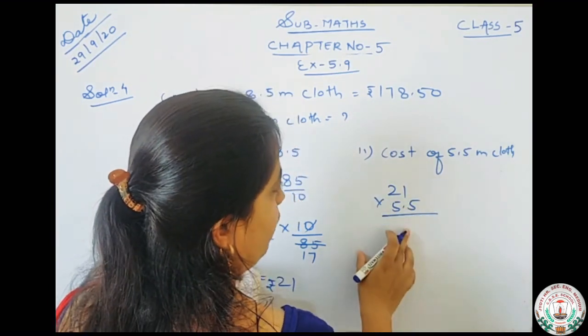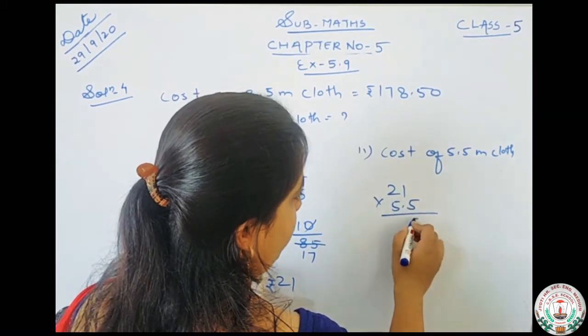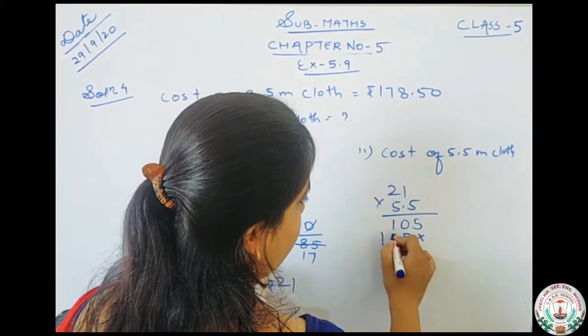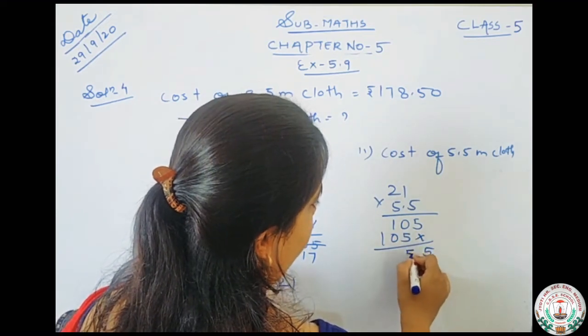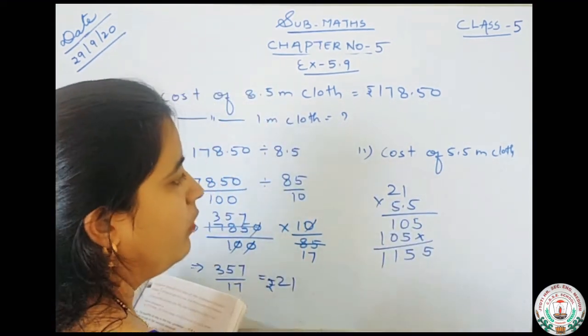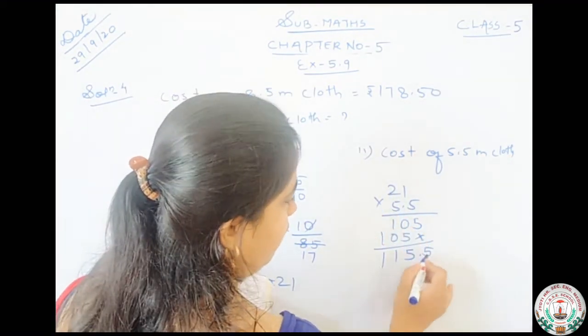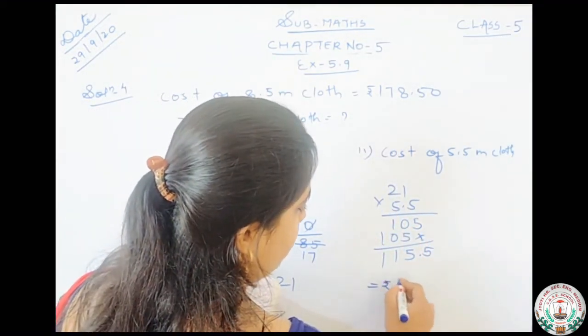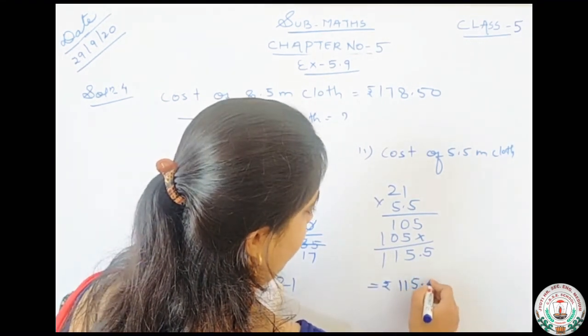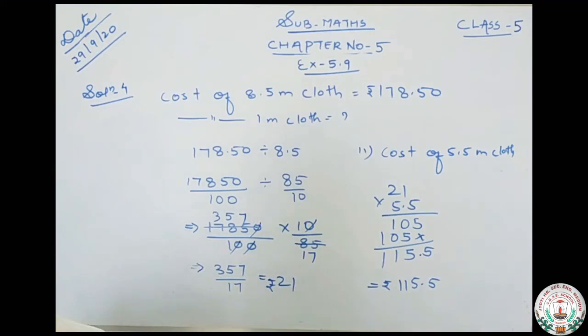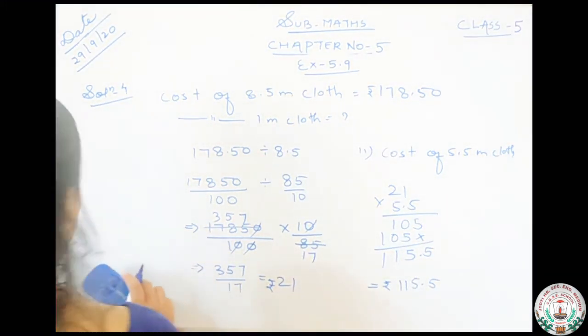Okay, 5.5 into 21. 5 ones are 5, 5 twos are 10. 5 5 1 1. How many decimal places are here? After decimal only one place, so we will put decimal here. So what is the cost of 5.5 meter cloth? Rupees 115.5. Okay. Now question number 5 is,